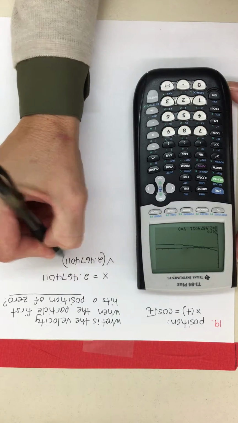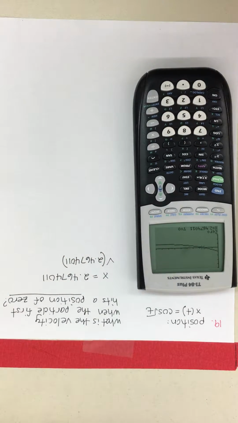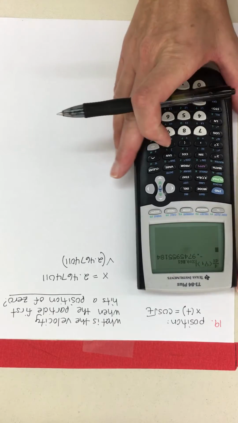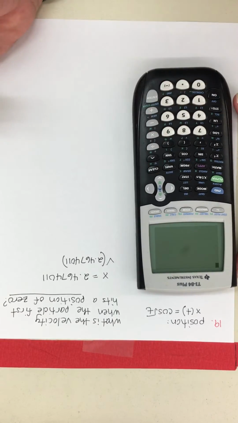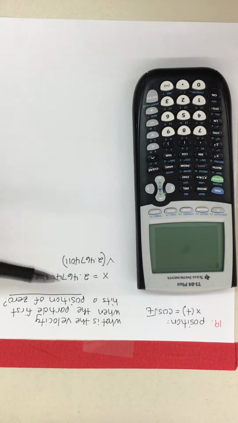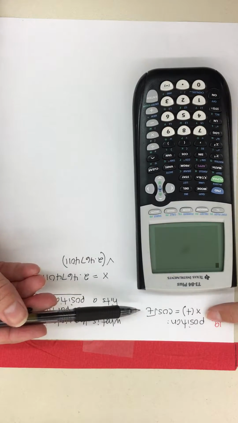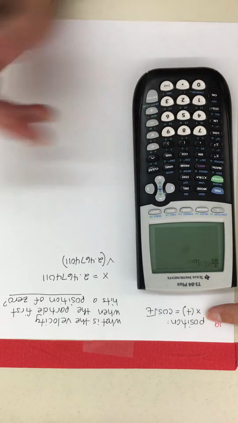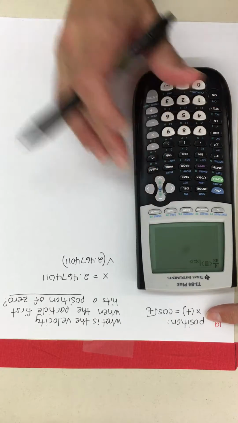So what's the easiest way to find the velocity if I'm allowed to use a calculator? N derive. And I already have the function graphed. So now all I need to do is n derive. Actually, I had it right there. I could have used that. N derive of y1, since we already put it into y1. So math 8, with respect to x, y1,